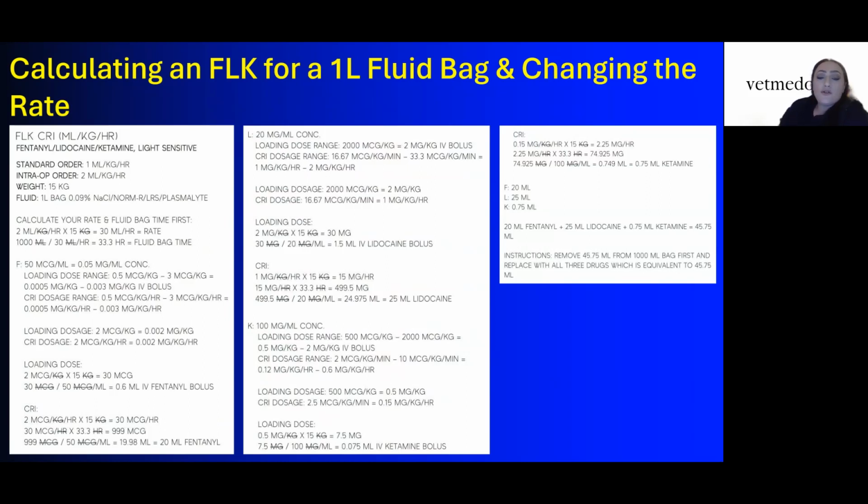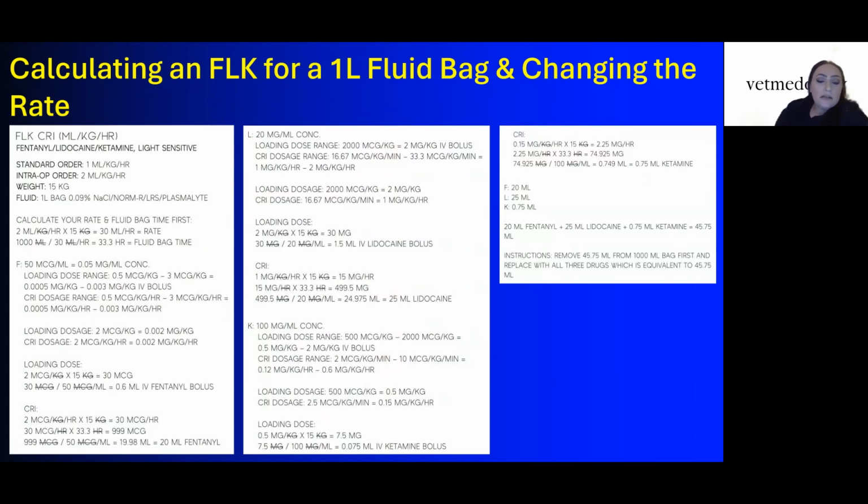Ketamine is 100 milligrams per mil for the concentration. Loading dose range is 500 mics per kg to 2,000 mics per kg, or 0.5 mgs per kg to 2 mgs per kg IV bolus. CRI dosage range is 2 mics per kg per minute to 10 mics per kg per minute, or 0.12 mgs per kg per hour to 0.6 mgs per kg per hour. We'll be utilizing 0.5 mgs per kg for the loading dosage and 0.15 mgs per kg per hour for the